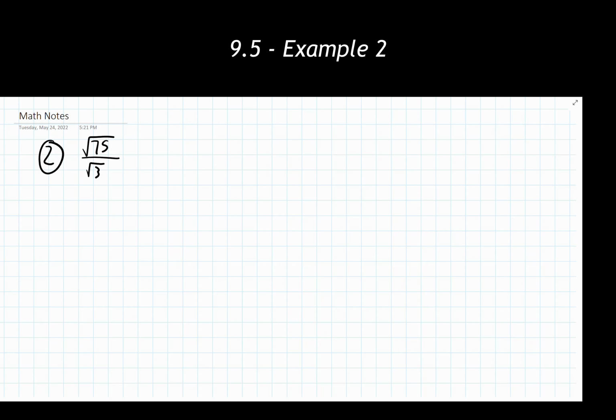So applying the quotient rule, it states that if I have two radicals that have the same index, which we do have here, and they are dividing, then I can rewrite this into the square root of one single fraction. And now looking at the fraction in this form, I have 75 divided by 3. 75 divided by 3 is going to give me 25. So I now have the square root of 25. And 25 is a perfect square, so I can take the square root of that, and that's going to give me 5 as my final answer.